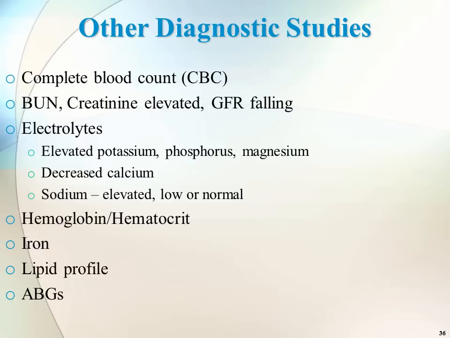We're going to want to do a CBC, BUN, creatinine, GFR. Remember, BUN and creatinine will be elevated, GFR will be falling. If we are talking about acute kidney injury, BUN is going to rise before